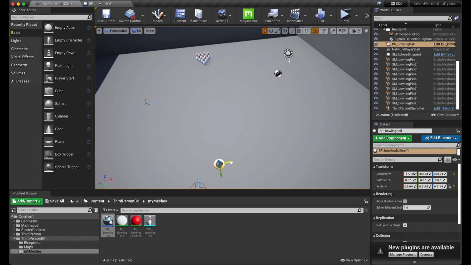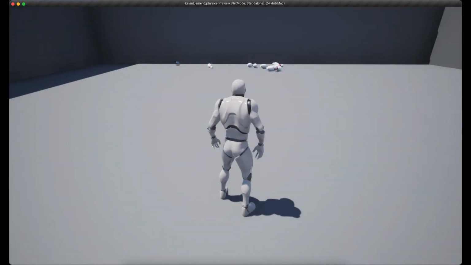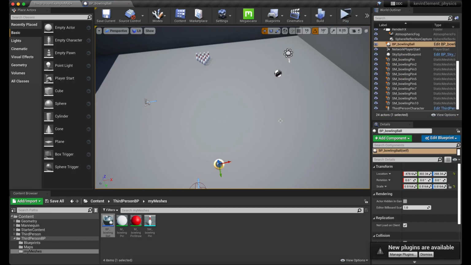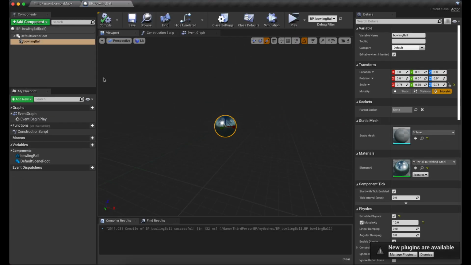Now, I'm going to show you an advanced way to actually make this interactive. So I want to be able to press the E key to launch the sphere because I don't want it to happen right away. I want to be able to tap the E key. Now the problem is we've created this blueprint and I would love to be able to go in here and